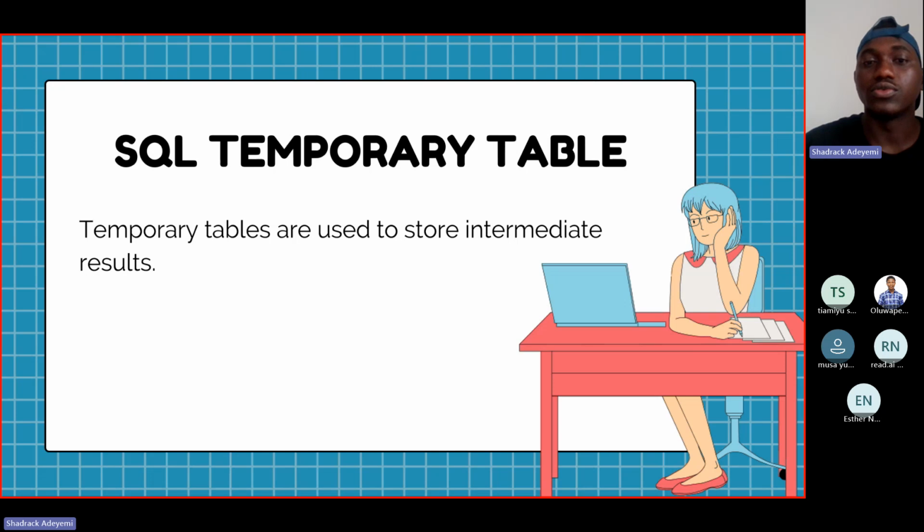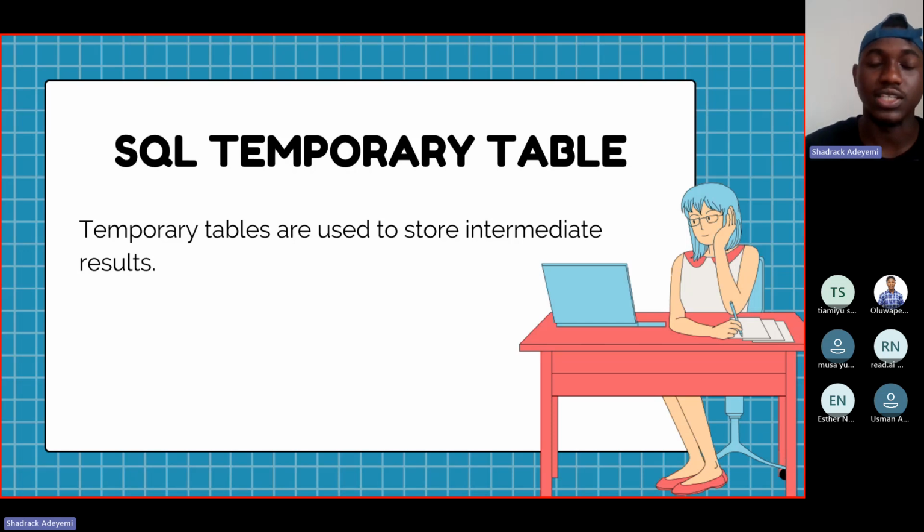Now, temporary tables are tables that you don't immediately store, or the results are not exactly stored in the memory of your database. Temporary tables and subqueries are very similar; not exactly the same, but very close.